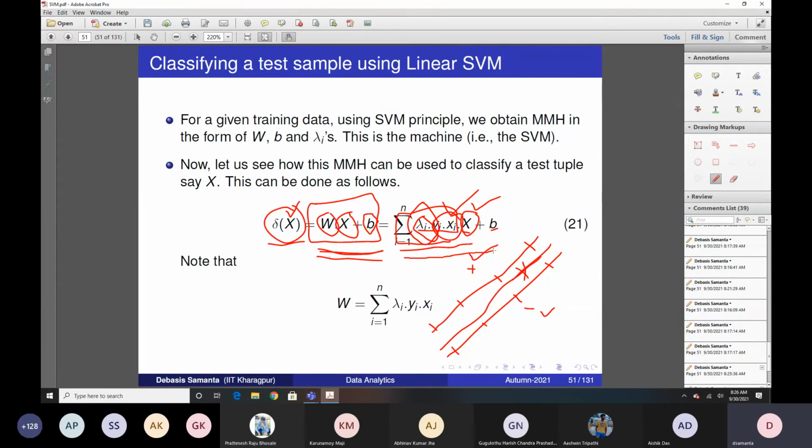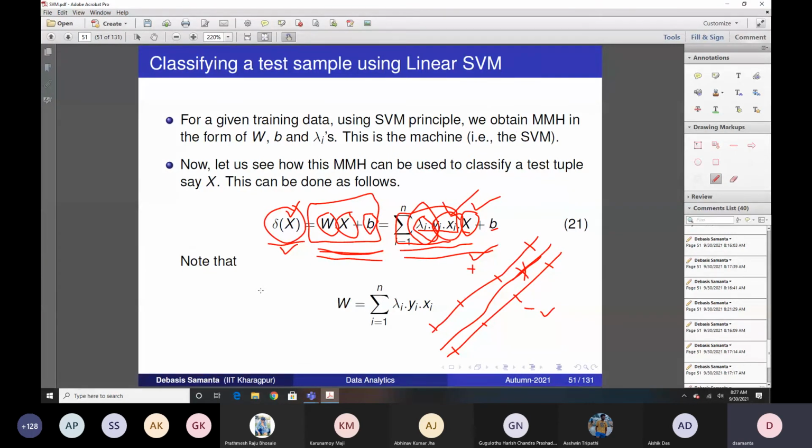This means that the calculation for the decision, that means calculation for testing an unknown vector to see which class it belongs to, is computationally very fast because it needs fewer computations. Only 5 to 10% of the terms, the sum and then multiplication. So it is not a very big or complex computation. That is why the support vector machine is very fast so far as testing time is concerned.